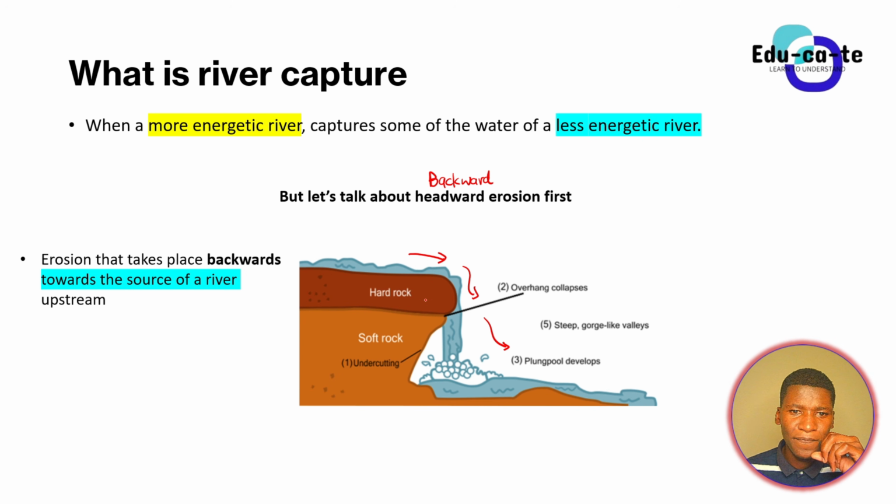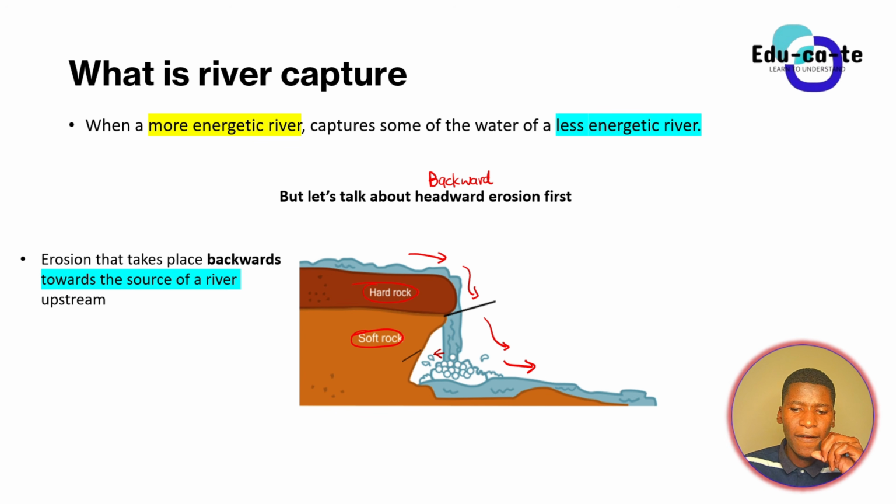Let us analyze. As this water falls here, you can see that here we have got hard rock. The other name or the other term that they can use to refer to hard rock is a resistant rock. They can say more resistant rock. And then beneath the more resistant rock, we have got the softer rock. So we'll just remove those labels. So now what is actually happening here? What will actually happen here is that as the water is moving to the right in this direction, it will actually erode backwards. It means that it will cut off some of the ground here.